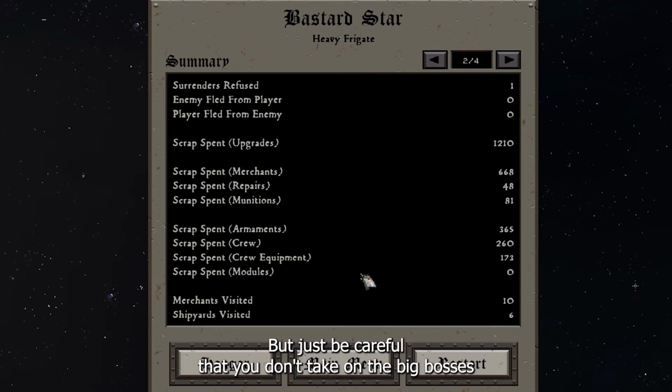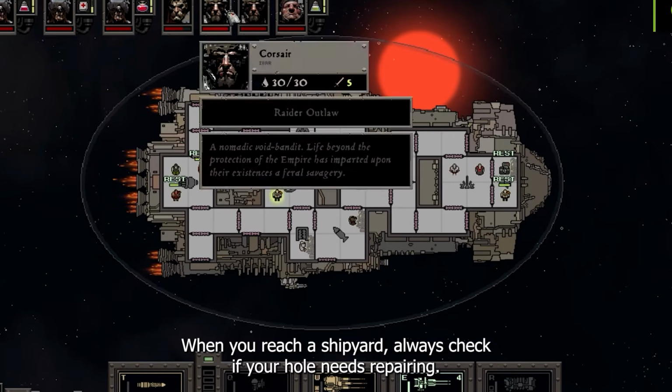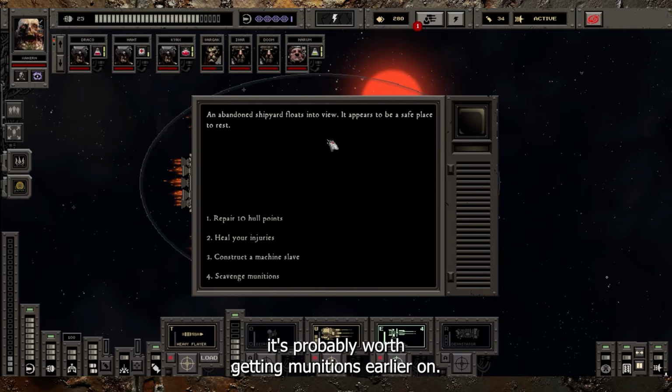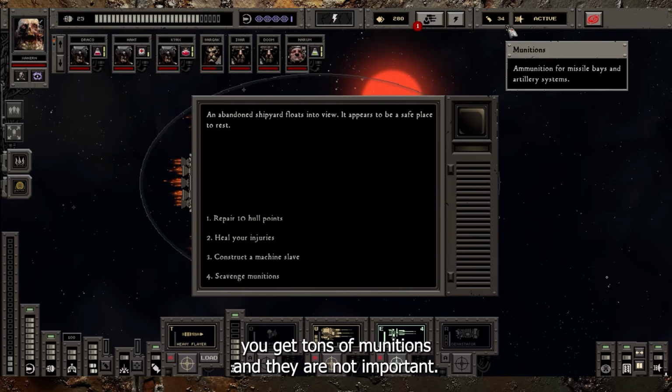But just be careful that you don't take on the big bosses early on unless you have a very powerful ship. When you reach a shipyard, always check if your hull needs repairing. If you only have something like 3 to 5 damage, it's probably worth getting munitions earlier on. It can be quite hard to get munitions, but later in the game you get tons of munitions and they